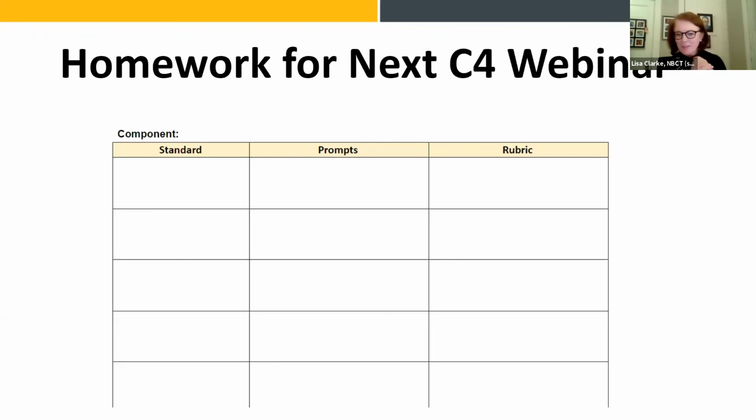Yeah. I was going to jump in that this is probably the simplest graphic organizer you're going to see connected to National Board, and potentially one of the most helpful ones, because one of the things that all of us on our National Board journey struggle with is making the connections between the pieces, right? Each component has a couple of key standards. So what are the key standards for component 4 for you? Then reading the prompts. What prompts are aligned to what standard? And then when you go to the rubric, what parts of the rubric connect then to that prompt and